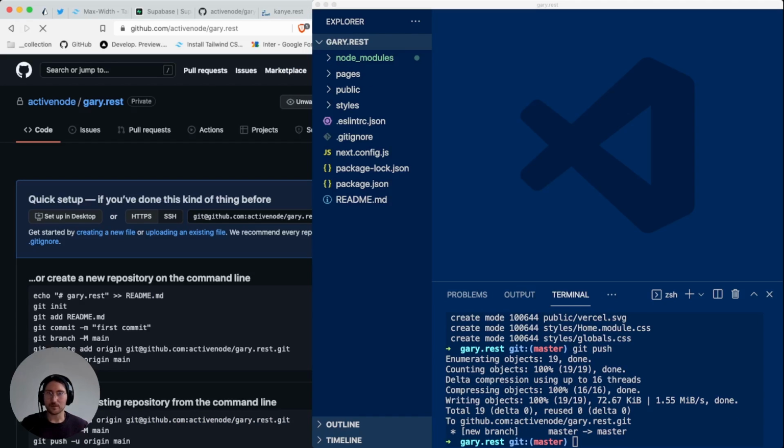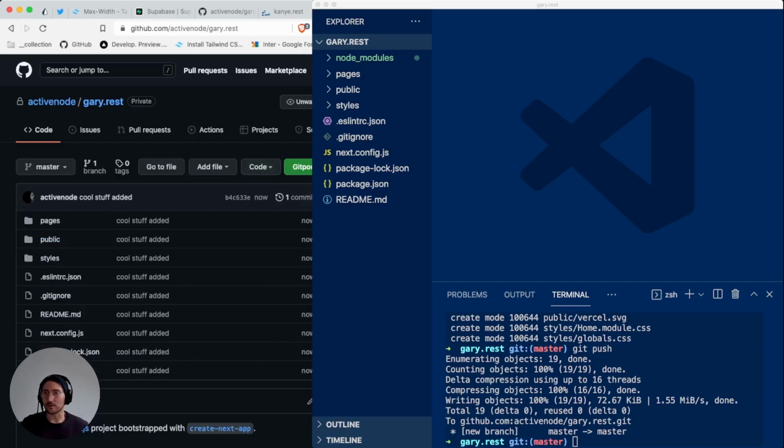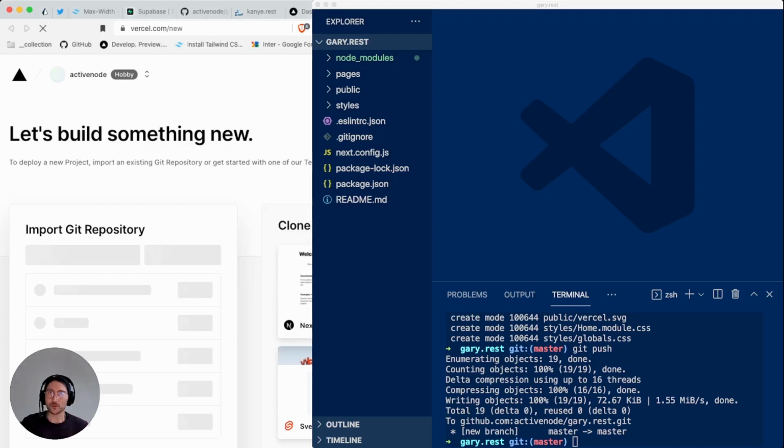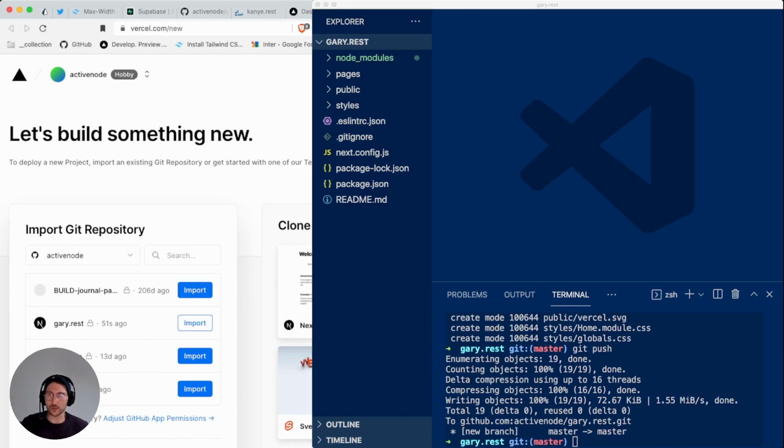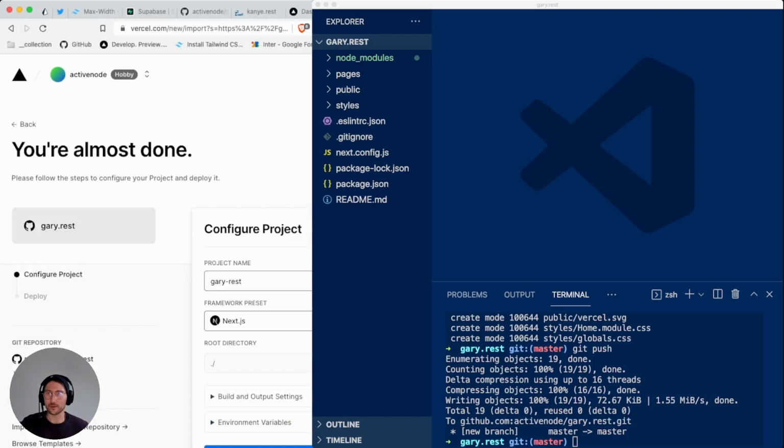And then if you refresh your Git repository, obviously the new file is going to be there, but the interesting part is deploying it already. So we open up vercel.com/new to be able to create a new project, and we import the project from GitHub.